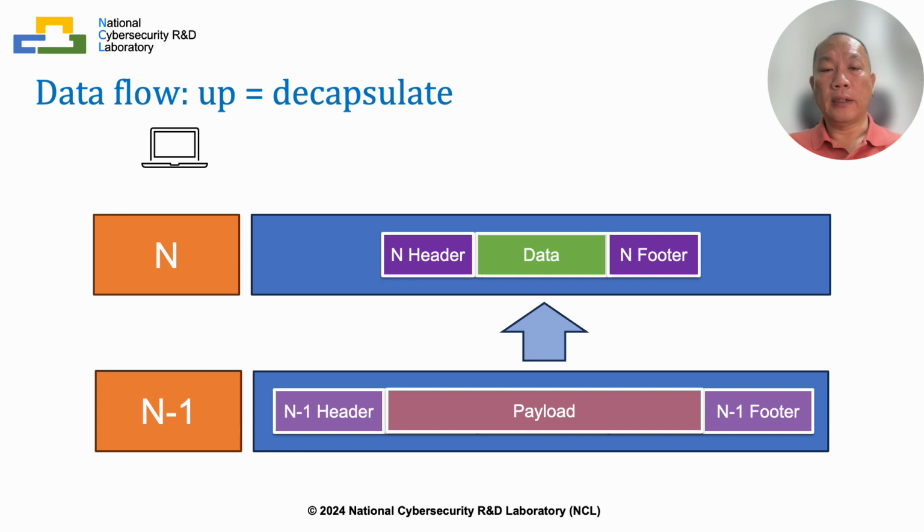Now it actually corresponds to the OSI layers. Very simply, the application layer refers to the top 3 layers of the OSI. The transport refers to the transport layer of the OSI. The internet layer refers to the network layer of the OSI. The network access is the bottom 2 layers of the OSI, which is the data link and